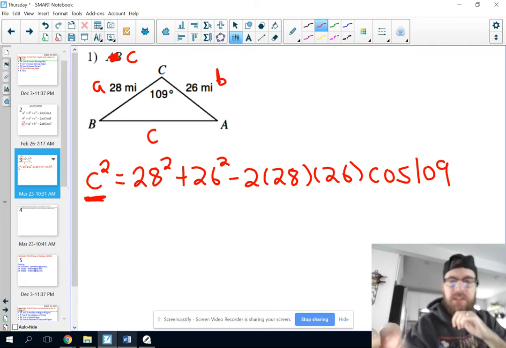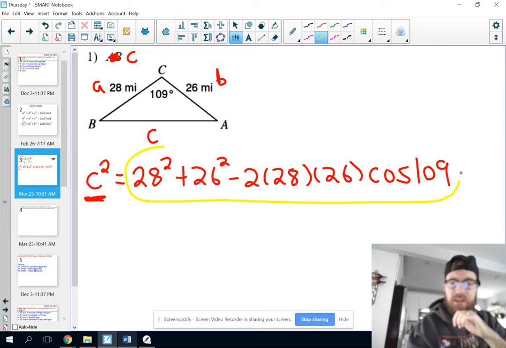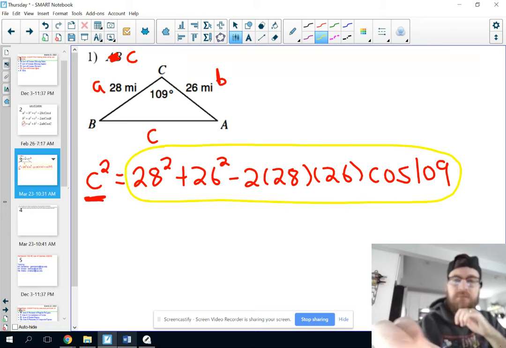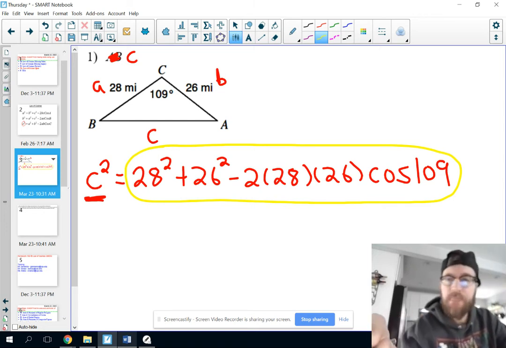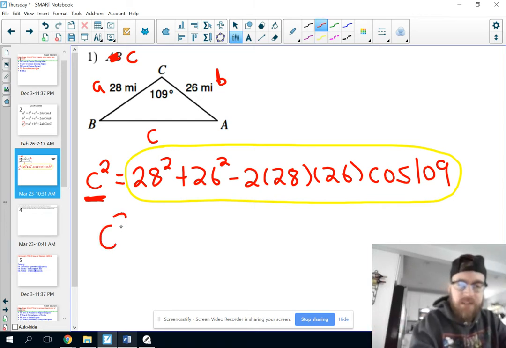So all we need to do right now is type all of this into the calculator. Once you do that, we've got 28 squared plus 26 squared minus 2 times 28 times 26 times cos of 109. So we've got c squared is equal to